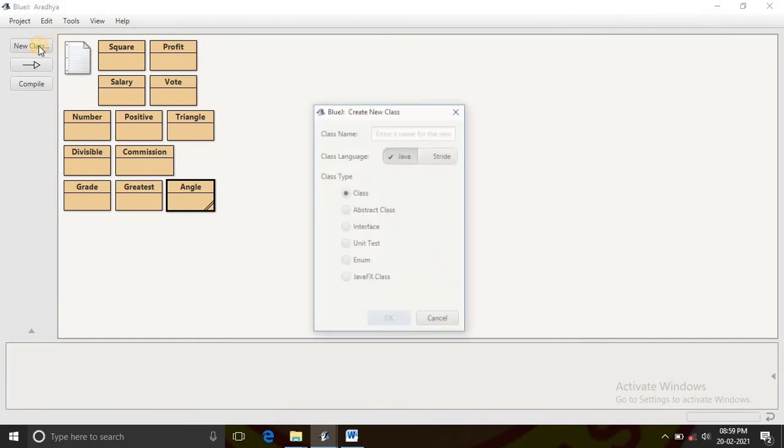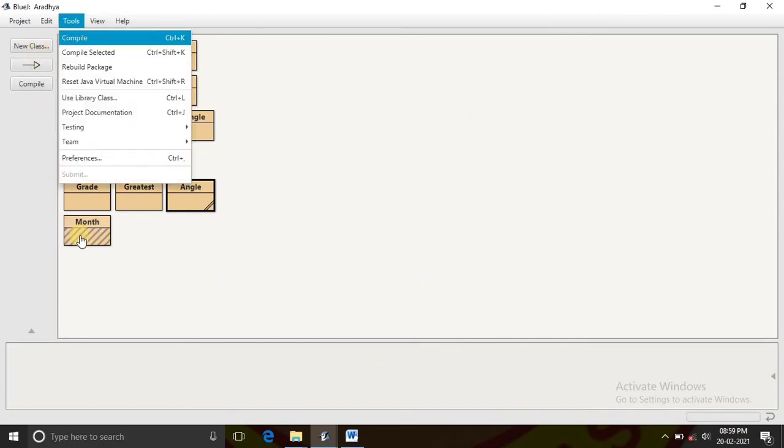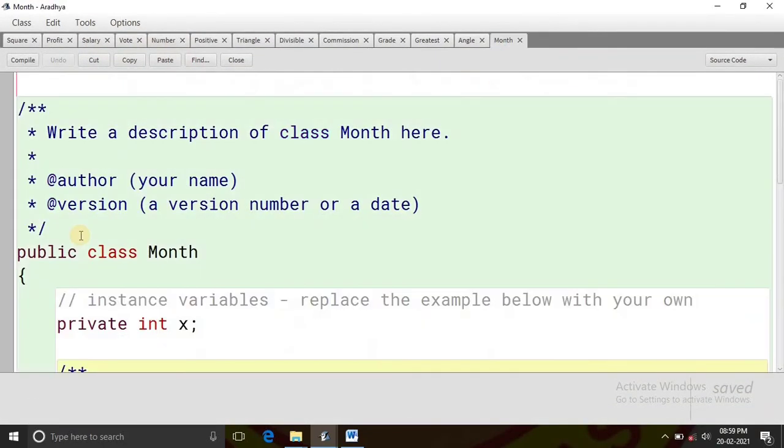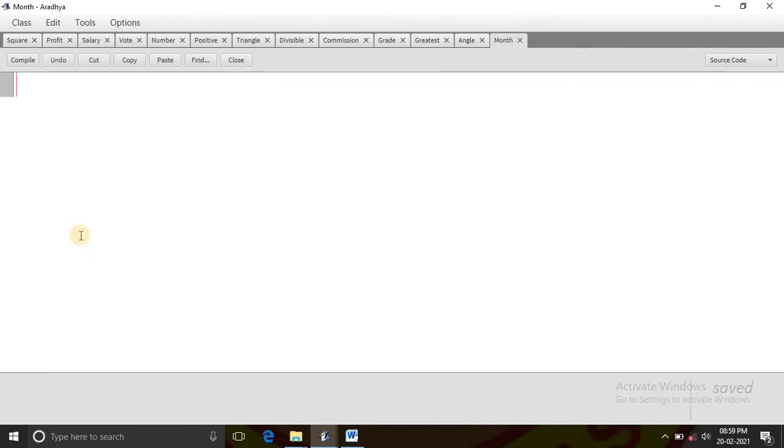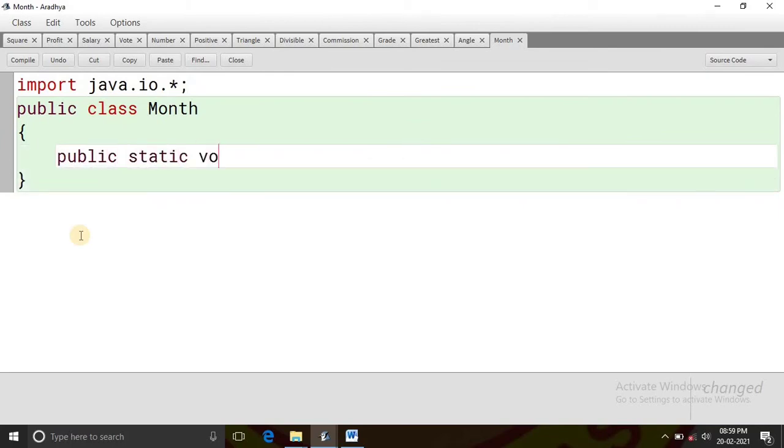Now let us first create a class. Let us name it month. Now we will open it. Since we are going to accept the input from the user, we will write import java.io.asterisk. I will declare class, public class month. We will open class. Inside it we will declare main method, public static void main string arg